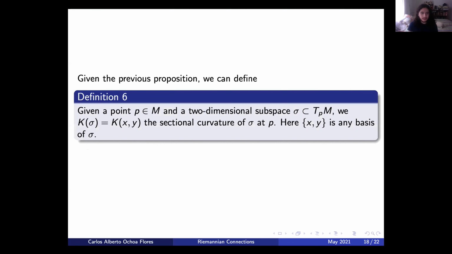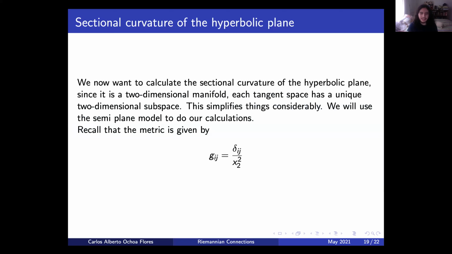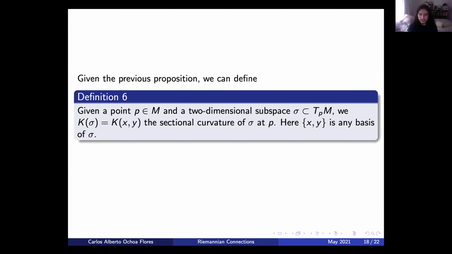Then, given the previous proposition, we can define the sectional curvature at any point P for any given two-dimensional subspace of the tangent space at that point P, as this thing here, where x, y are simply the members of an arbitrary basis of C. And now I'll pass to calculating the sectional curvature of the hyperbolic plane. But before that, I should mention that